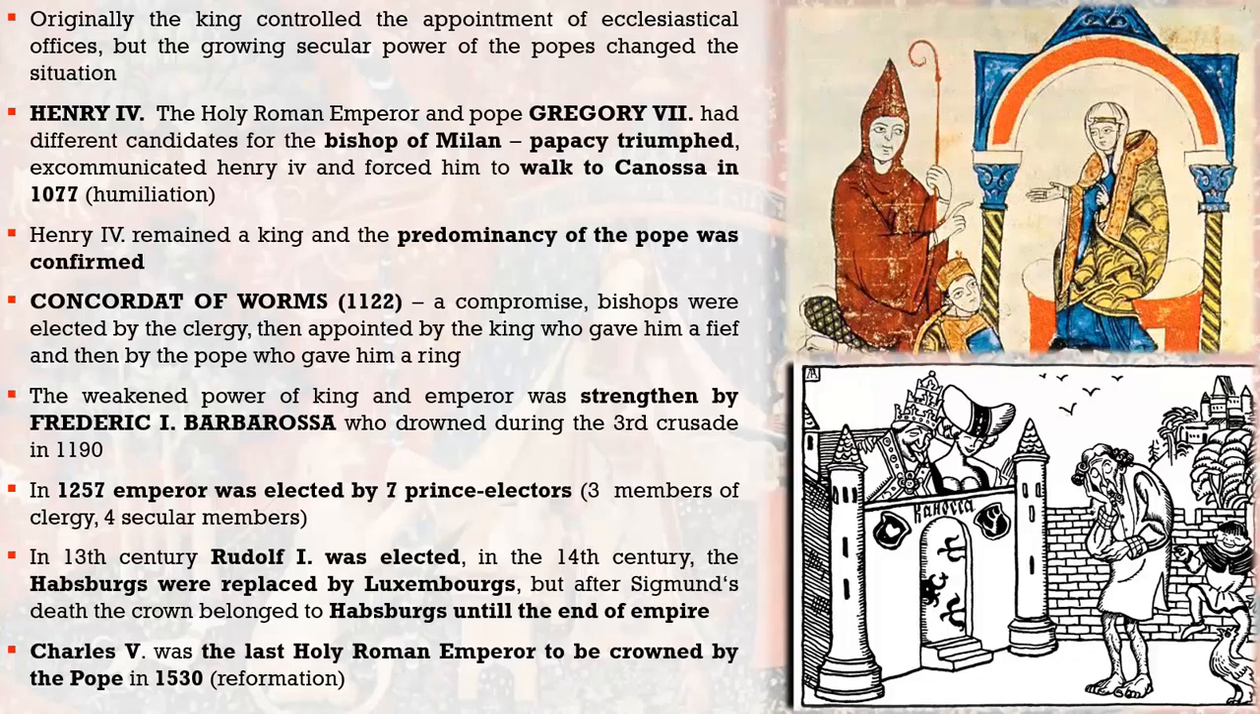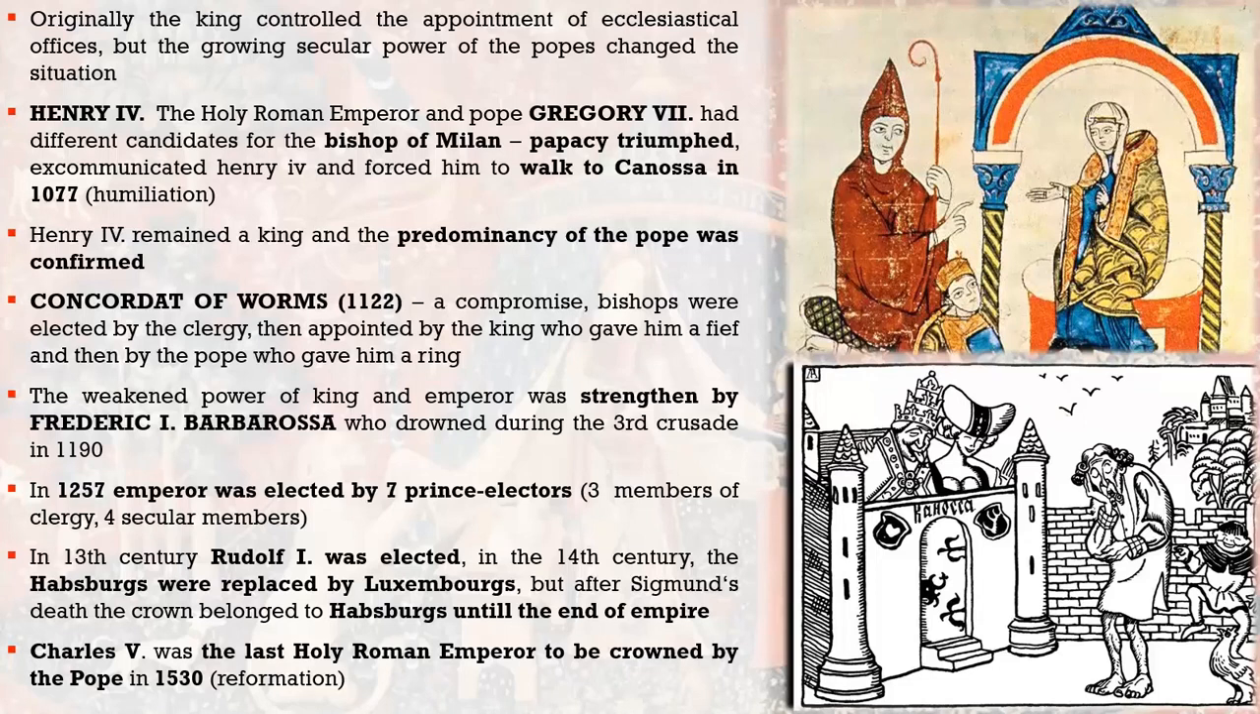The Pope excommunicated Henry and forced him to walk to Canossa, which was a humiliation for the emperor. The predominance of the Pope was confirmed, and to make up everything, they signed the Concordat of Worms, which was a compromise that decided that bishops were elected by the clergy, then appointed by the king, who gave him a fief, and then by the Pope, who gave him a ring that was a symbol of loyalty to the Pope and of the power of the bishop. The weakened power of the king and emperor was strengthened by Frederick I Barbarossa, who died in the King's Crusade, and then the